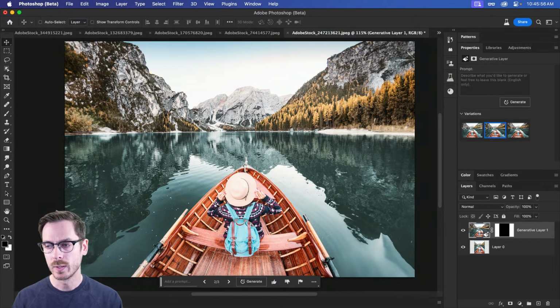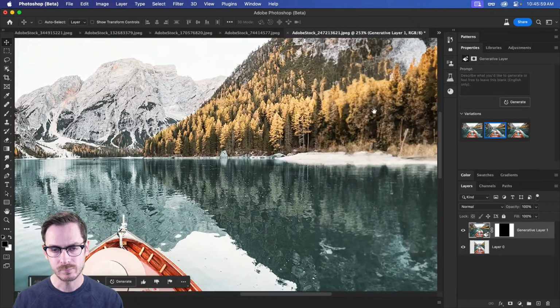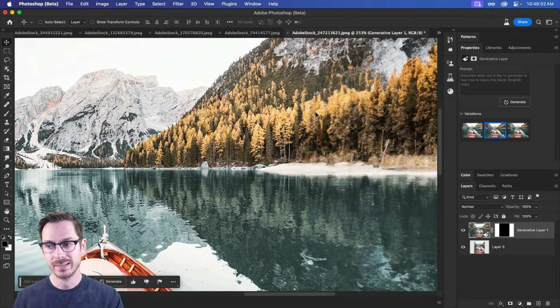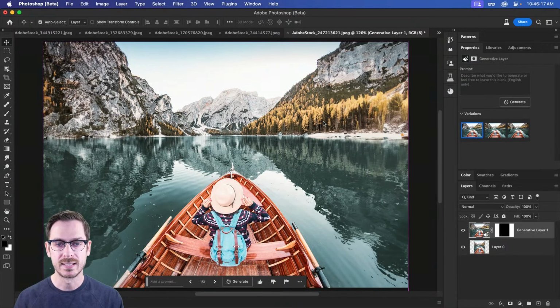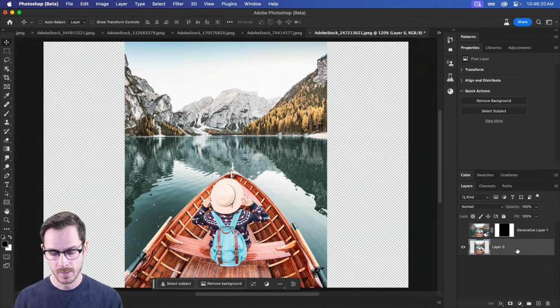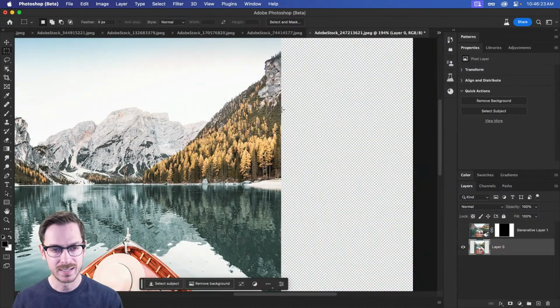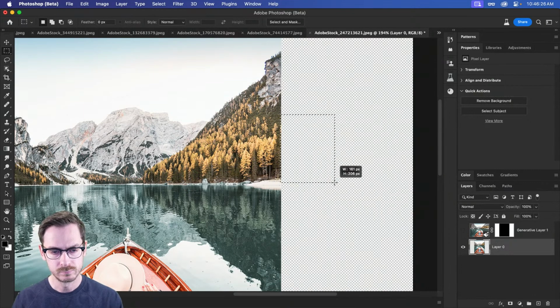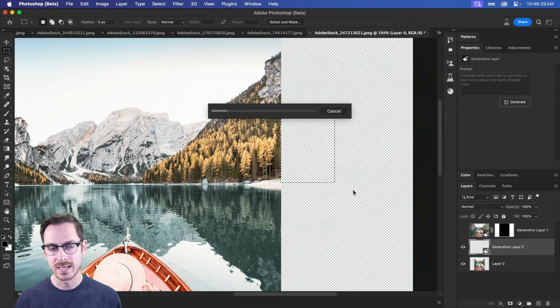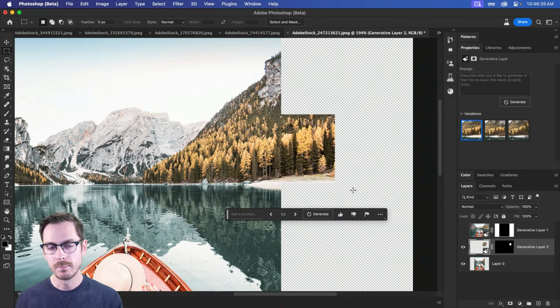And this kind of goes back to what one of the commenters was asking earlier about the resolution. You can definitely see a little bit of a difference, right? Here, higher resolution, here's a bit lower resolution, because I think at the moment it's maxed out at 1024 pixels, possibly. Now, my good friend Jesus Ramirez gave a really interesting idea and workaround for this, is you can generate these things in steps. So if I go up here and maybe select just this area here, and then generate, it's a bit more of a tedious process, but if you really needed the resolution to match more closely, you can definitely do this in steps,